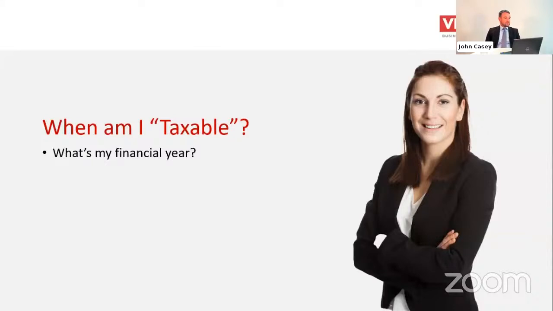So the first thing to work out is what your financial year is. Now, there's an easy rule of thumb for this. If you are in a free zone or in the mainland, pretty much every single company, your financial year will run from January to December. The only exception to this is if you are registered in Dubai World Trade Center, DWTC. If you are a DWTC company, it works a little bit differently. It goes off the time that you opened your company. But for every other free zone and the mainland, your financial year runs to the calendar year,